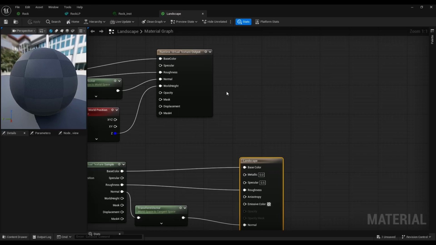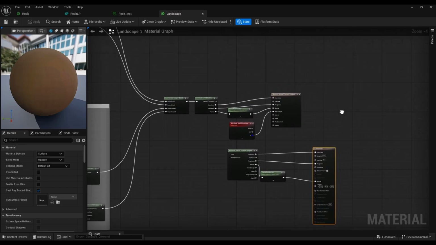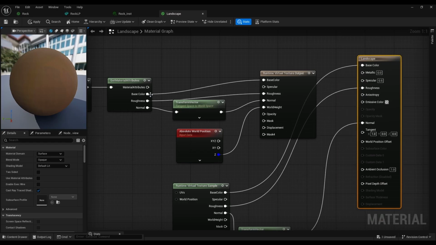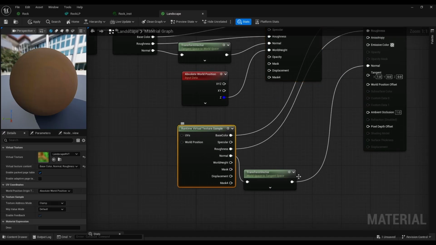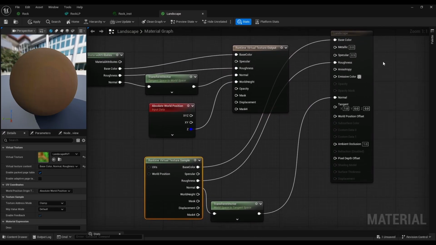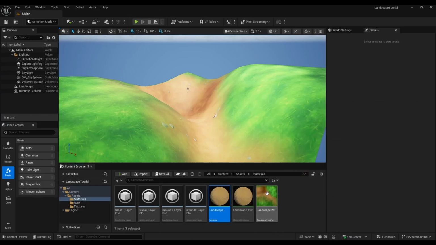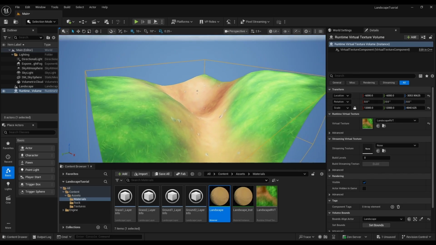So technically, if we open the landscape material, we can directly connect the texture maps to the material output without creating the output and the sampling in the virtual texture. And everything should still work just fine. You can pretty much skip setting up everything related to virtual textures and you'll save time and make the scene simpler. So it is up to you to research and figure out whether you require the use of virtual textures